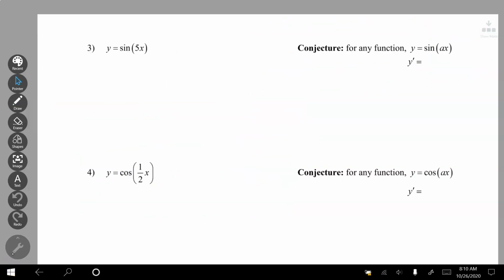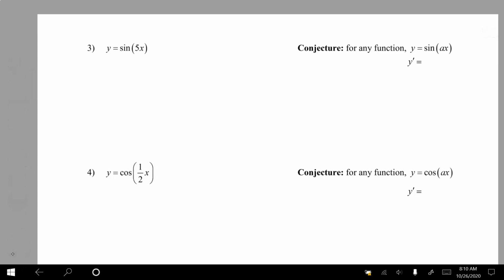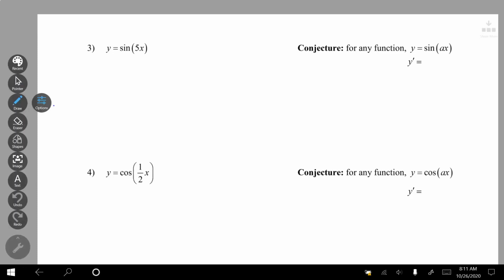So on this page, we're going to try to set up what I call mini chain rules. We're going to see that there's a pattern when I take the derivative of sine of something, cosine of something, e to the something, and ln of something. There's going to be a special pattern here so that I don't have to do the formal chain rule every single time. Just follow the pattern. So let's try this first example,